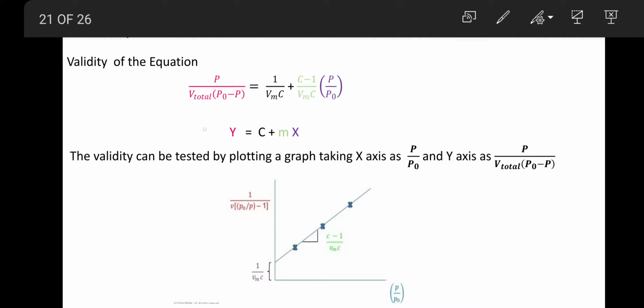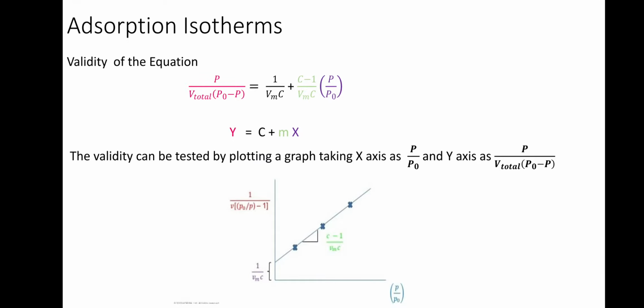Now, validity. When you determine it, I have written this expression in different colors: one in pink, one in green, one in violet, and one in black. See the expression below, which I have also written in the same colors. What is this expression? It is known as the straight line equation.